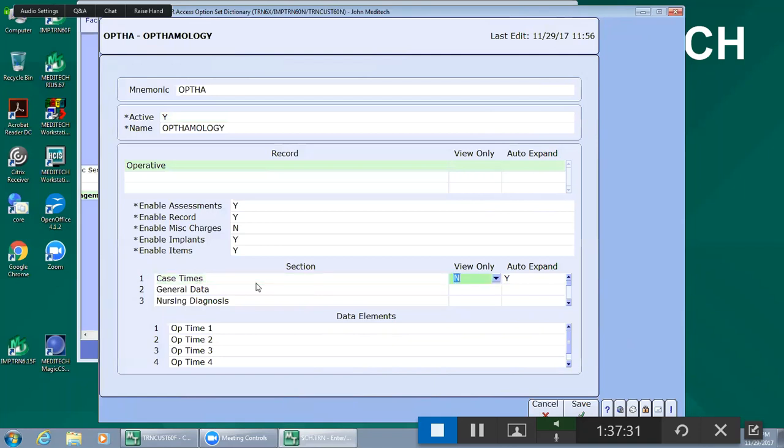Then you can also flag the section as being view only. So maybe you don't want people to have the ability to change the section, so you can flag as being view only. So someone that's just reviewing, somebody you don't want to have the ability to document, you can flag them as being view only. So you can do that as individual sections. So maybe just the case times you want to say it's view only,